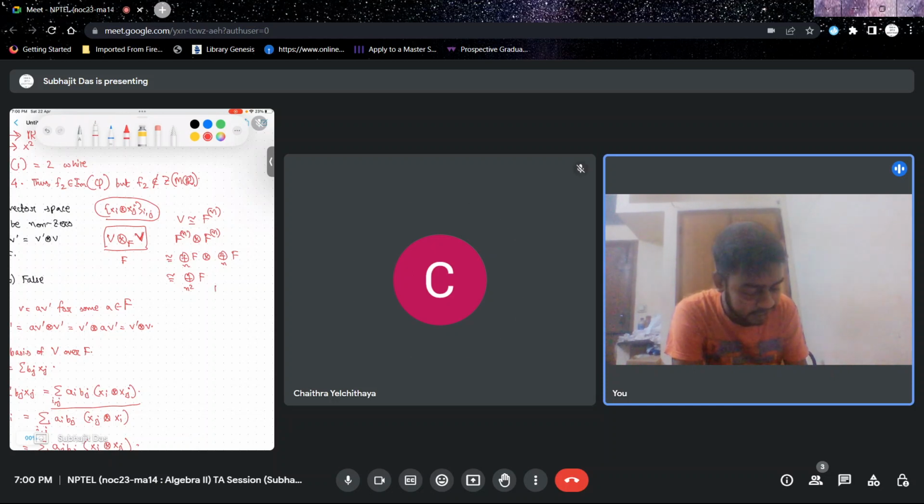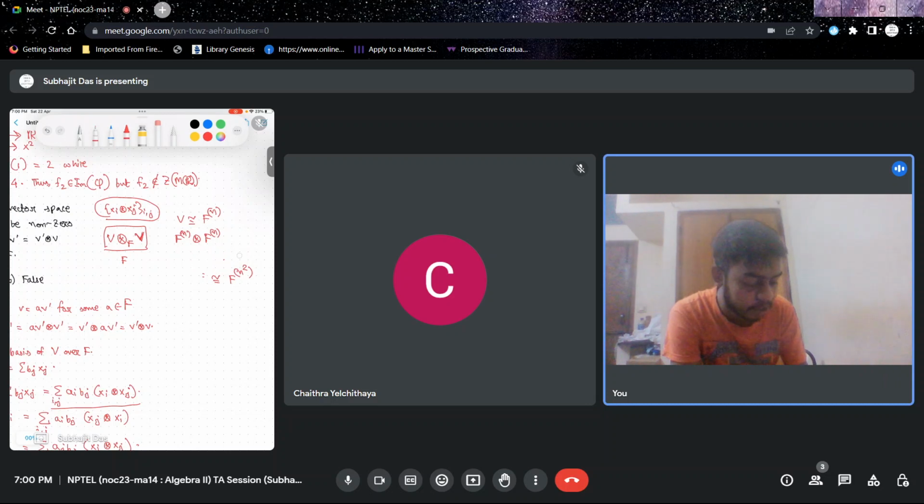Also using the fact that any vector space tensored over F with F is isomorphic to the vector space. So using all these facts, we can directly conclude that this is just F^(n square). So it has dimension n square over F, and therefore